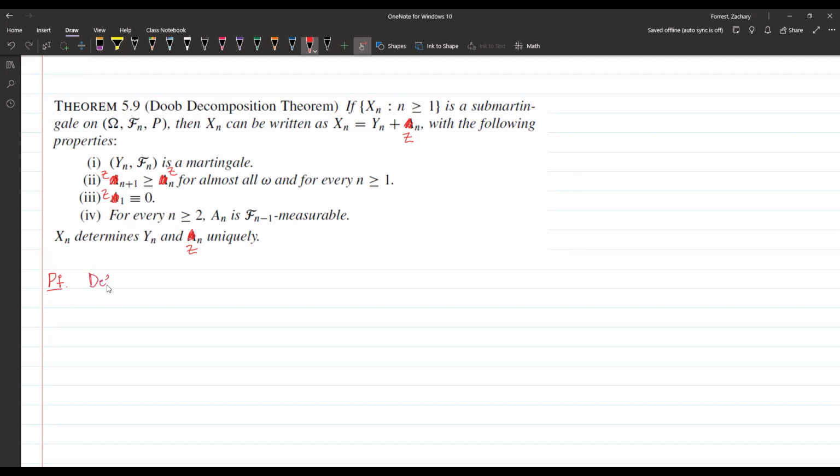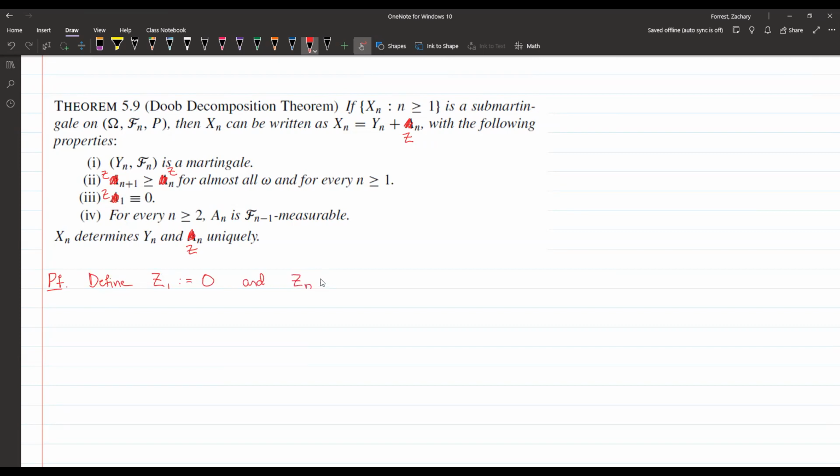Define, not A. I just got through saying don't think about A. Define Z1 to just be the constantly zero function, and then define from there